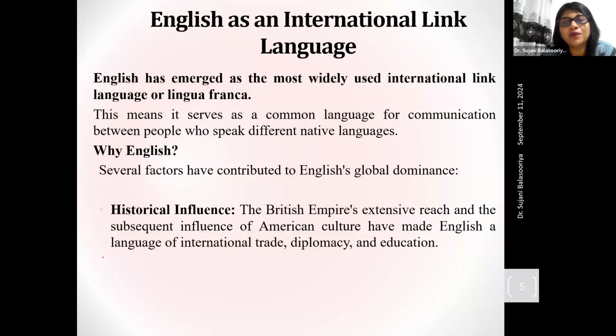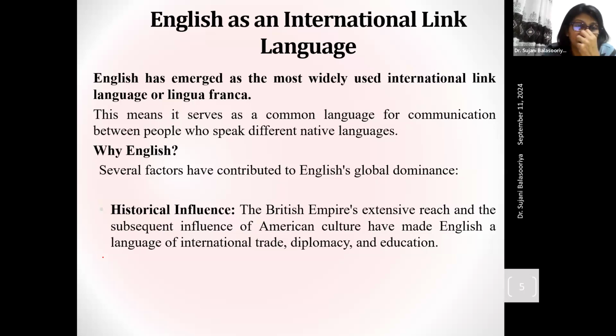Now everywhere we talk about this. Even when you ask a small child to write an essay about the English language, definitely the first or second sentence would be: English is an international language. That is what we are telling, right? And also there's an additional word, link language. English is an international link language. So you need to understand what you mean by this. What has made us think of English as an international link language? That is what we are going to talk about at the beginning.